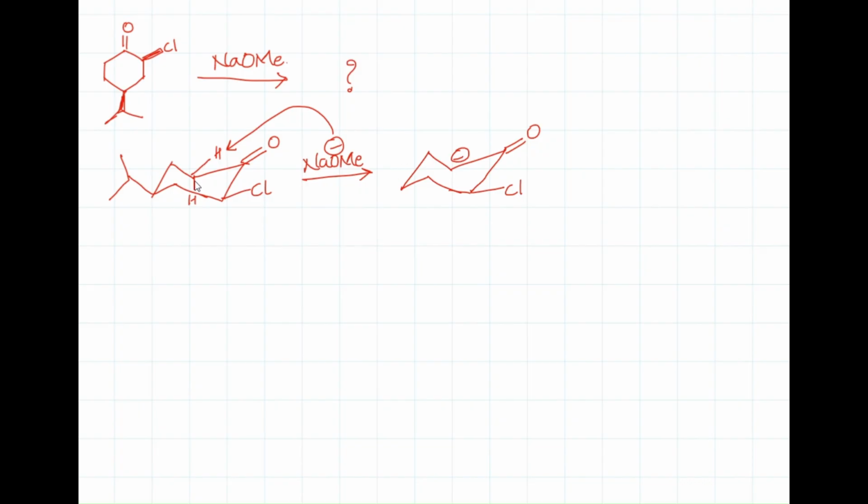No matter whether it is the equatorial hydrogen or the axial hydrogen, it will abstract the hydrogen at the alpha position. Then the carbanion will attack the alpha carbon which contains the leaving group. It will form,